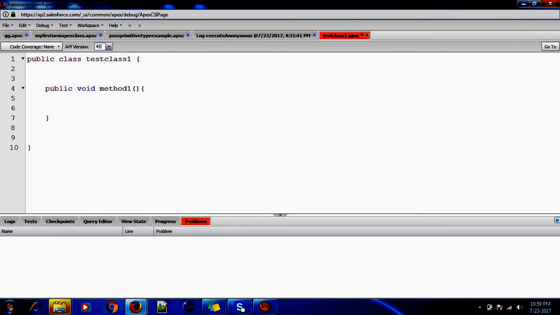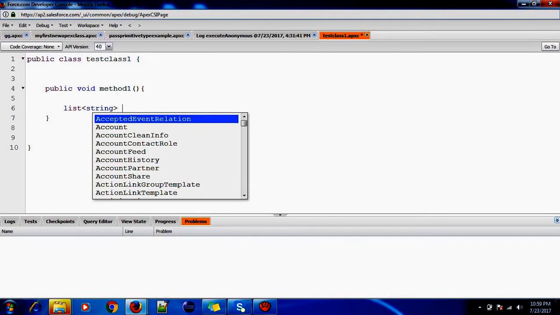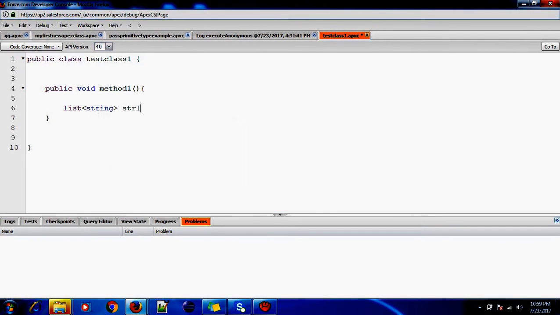So in list any kind of value can be added. Okay, so let's create a list of string, str list, you can give any name.